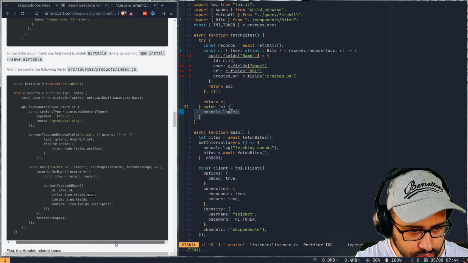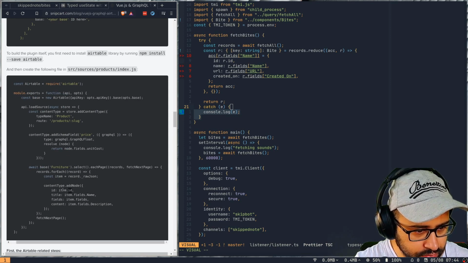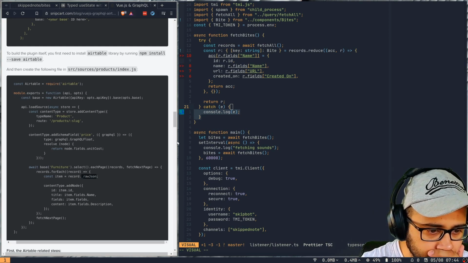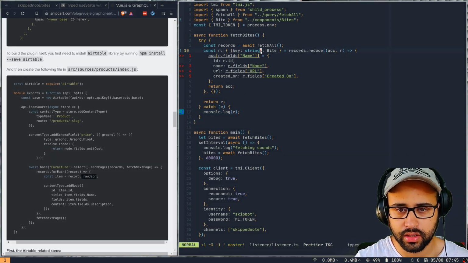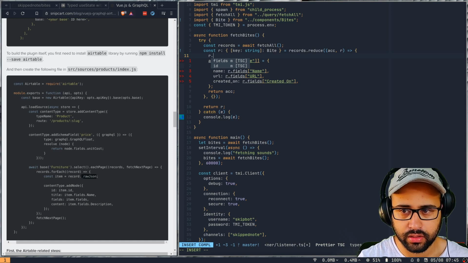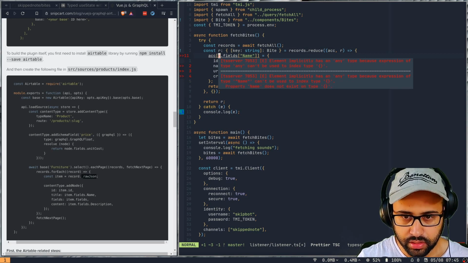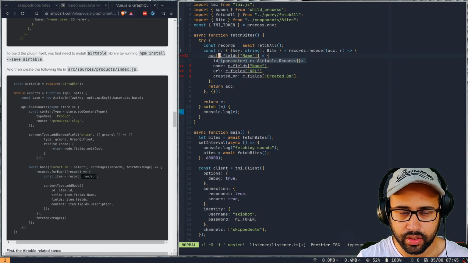So this is item. Where is item coming from? So they are doing raw JSON on it. Okay, interesting. So if I do r dot, why is this not typed? Okay, it is typed.